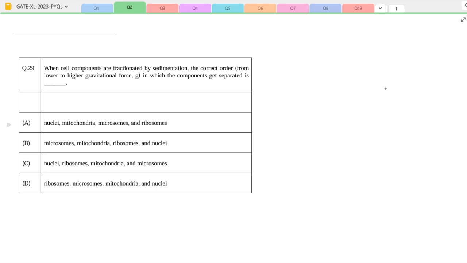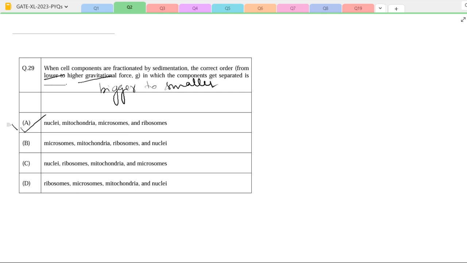So when cell components are fractionated by sedimentation, the correct order from lower to higher gravitational force, that is G, in which the components get separated is what? So here clearly it says lower to higher, which means the organelles corresponding to bigger to smaller size. So if the organelle has a bigger size, then it requires lower gravitational force to settle it down. So bigger to smaller. So in this case, the correct option is answer A, that is nuclei, which is bigger